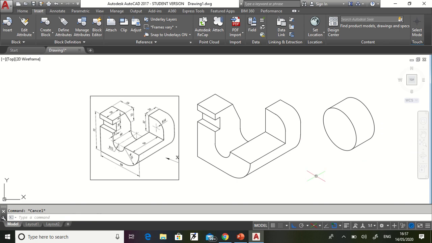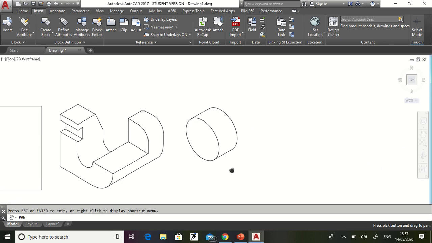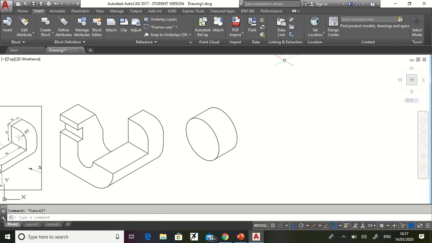Now if we want to draw on the other side, that means we have to draw a cylinder standing upright. Then same command, EL enter, I enter, select the center point. See, it will be in this direction. If I want to change the direction, it will be by F5.